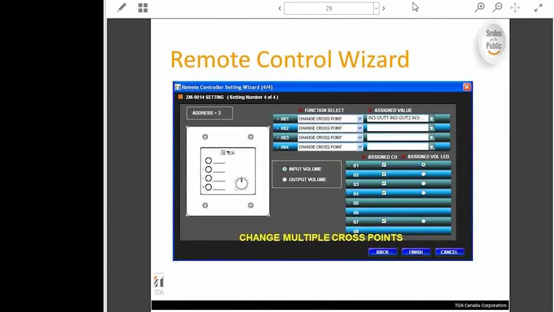Having a look at the programming for the ZM9014, we have here, it's 4 buttons and a volume control. So it basically puts together the ZM9011 and the 9012 into a single 2-gain unit, but basically does the same job as both of those do. So this allows you to, in this case, you've got